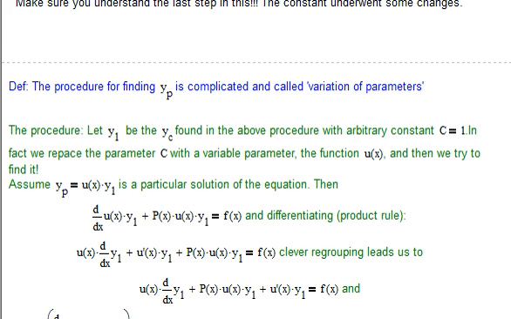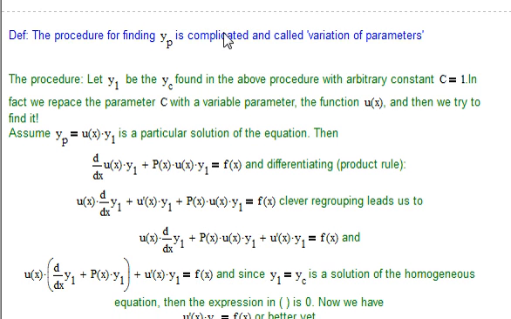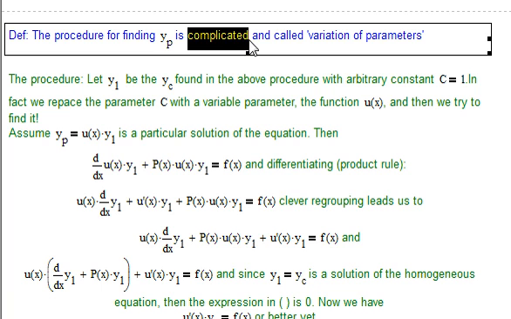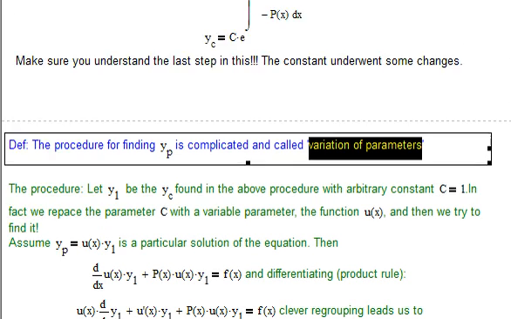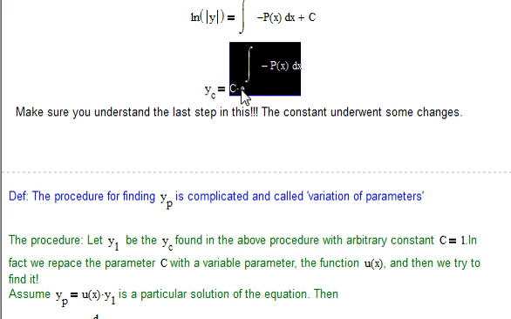So the procedure for finding yp is complicated, admittedly so. But we can learn to do that. Just focus, right? And it's called variation of parameters. And what we're going to actually do, before I get into the details of it, is this complementary solution, or